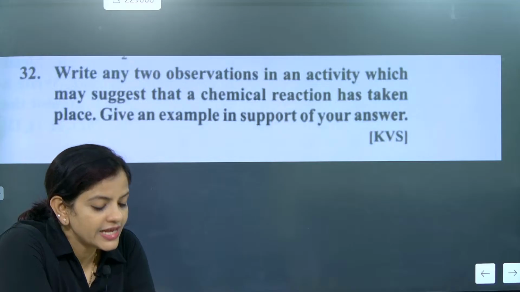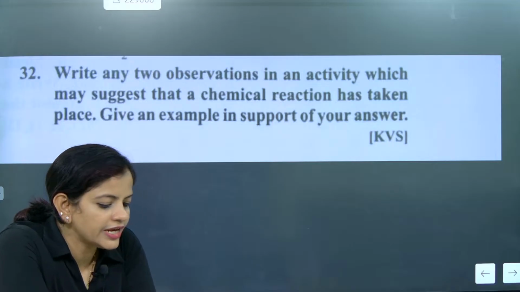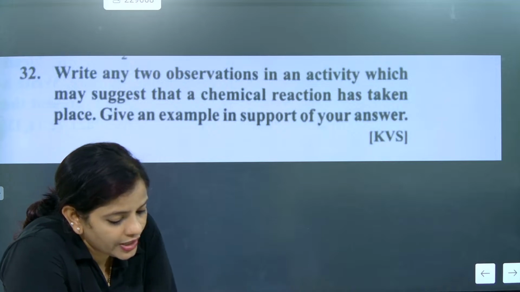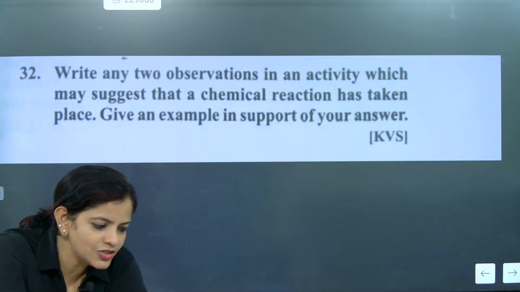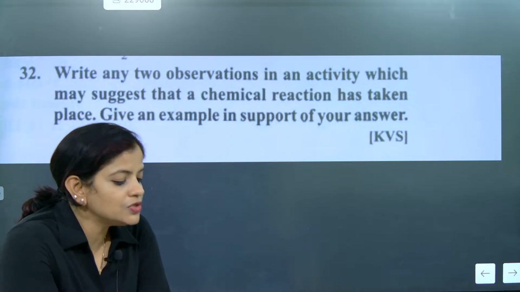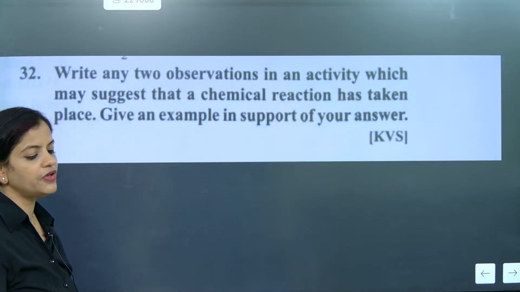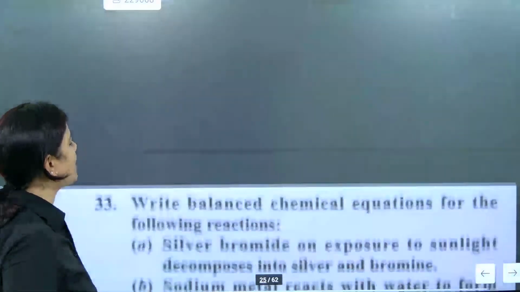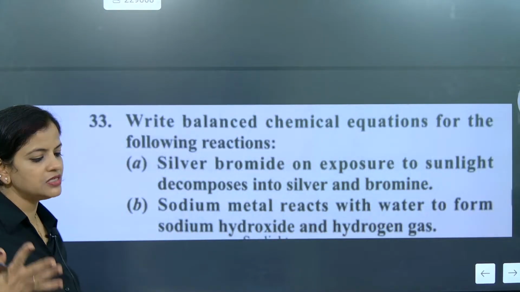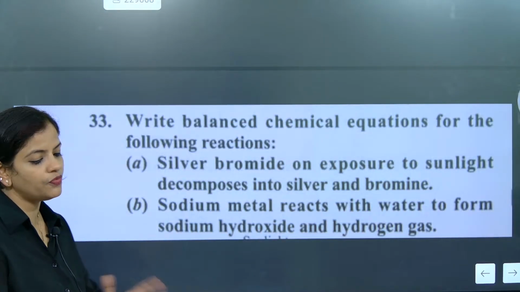Change in state, yes. Change in temperature, absolutely correct, Vishwa. So these are some observations we are actually making. Precipitate formation, absolutely correct. So these are some of the changes we observe when a chemical reaction is happening. You just need to support them with some examples. Example means a solid backup support we need to provide.